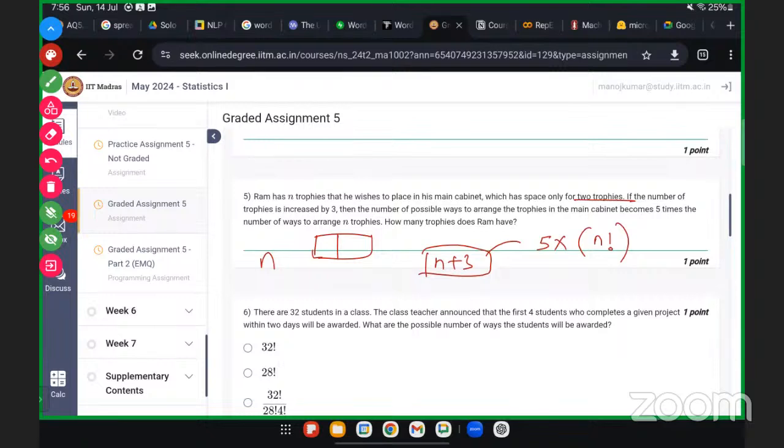If we can see that, it's like nP2, because trophy 1 and trophy 2 is different than this one, right? So